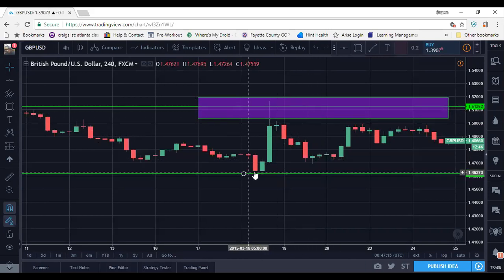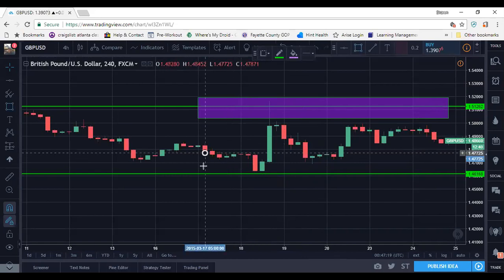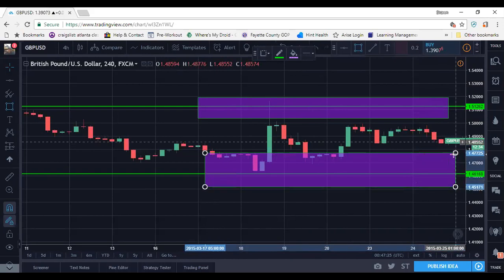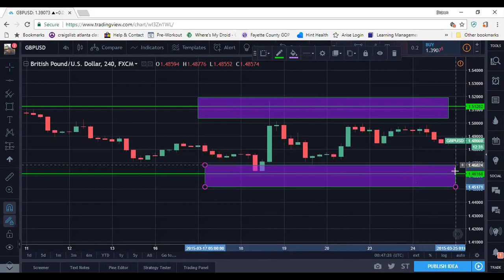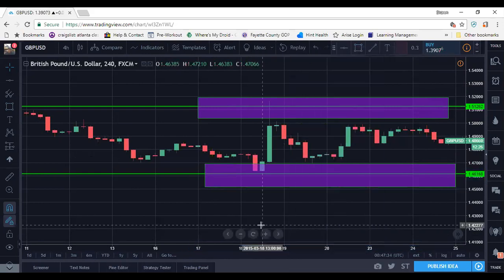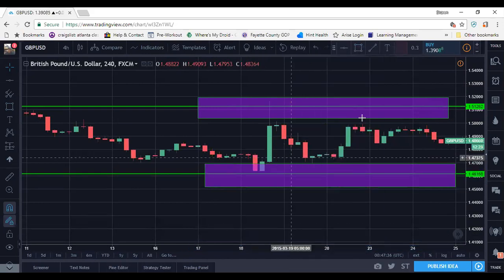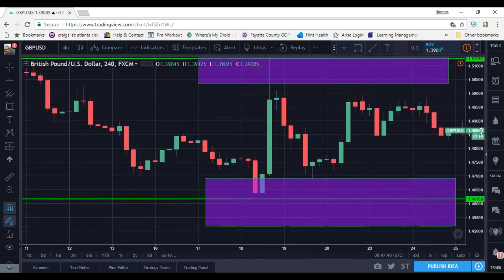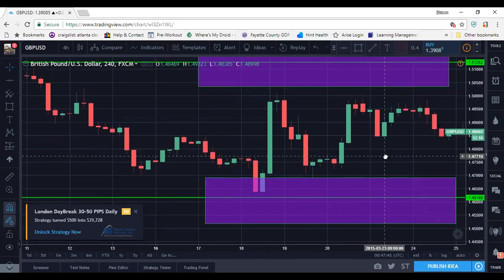And then, of course, I have a zone on the bottom, and I can say the same thing. I'm only going to get in when I see it enter into my zone, when I see an engulfing candlestick. So let me spread it out. So with the naked trading,